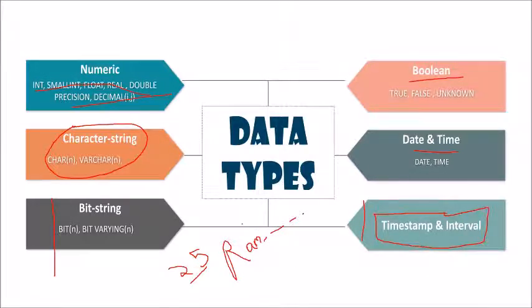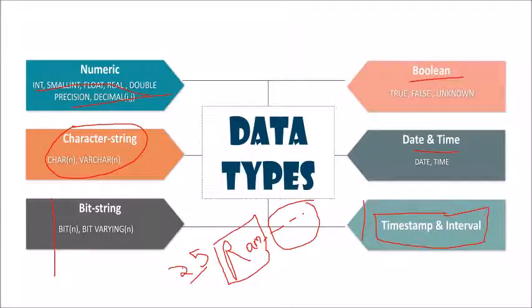But when we are talking about varchar, if I have stored Ram, in that case only 3 characters will be used, and the rest of the 22 characters, rather than being padded with white space, will be released. That memory will not be held, it will be released so that we can use it for further purposes. That is why it is known as varchar, that is, variable character.